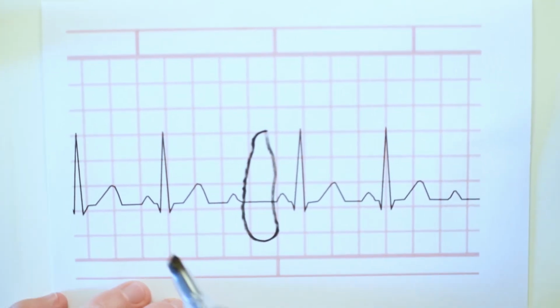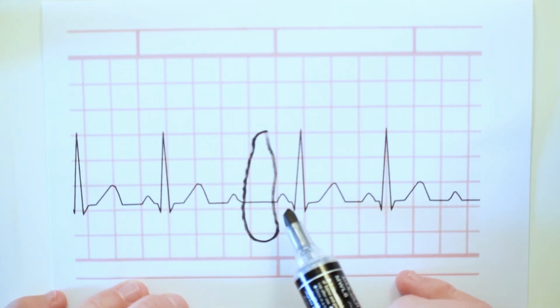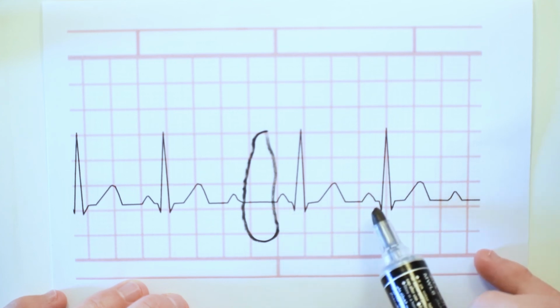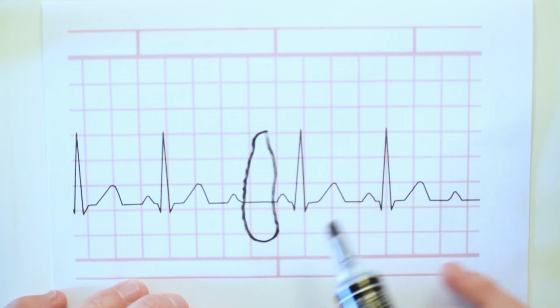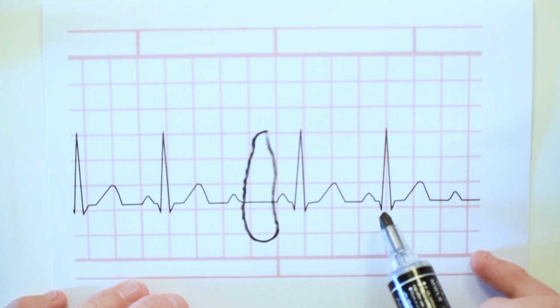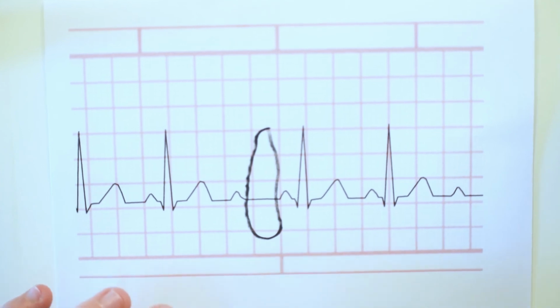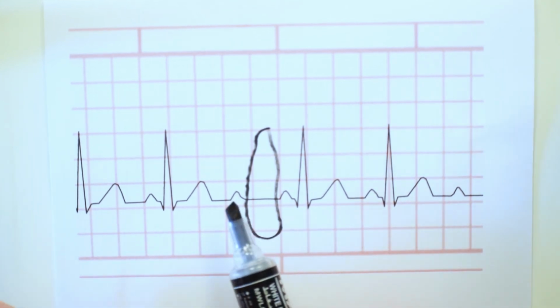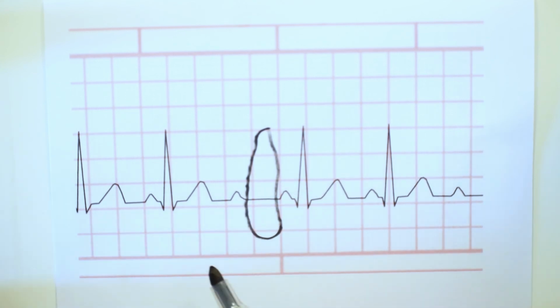Strange. But if you notice, the PQ interval is normal. It's less than 5 tiny little blocks. The QRS is less than 3 little blocks, and that is consistent. The PQ interval is normal, QRS is normal. Your T waves are not more than half the size of your R wave, so that's all normal, except that suddenly there is a P wave, and it just drops. So this is what we call a type 2